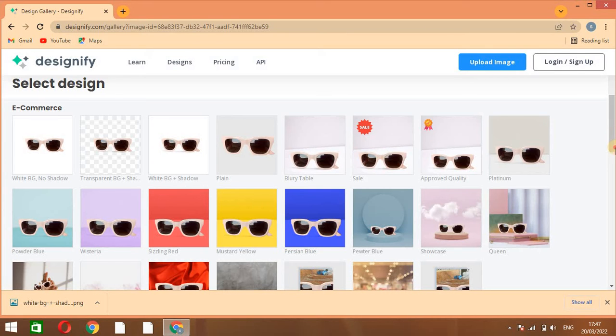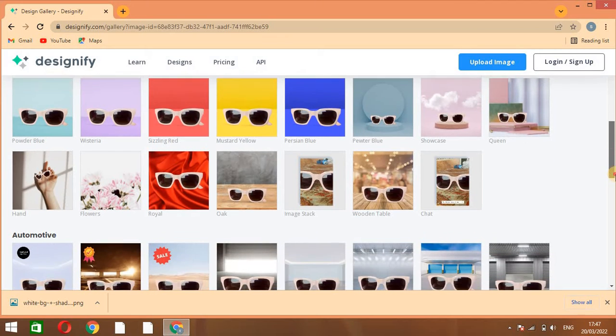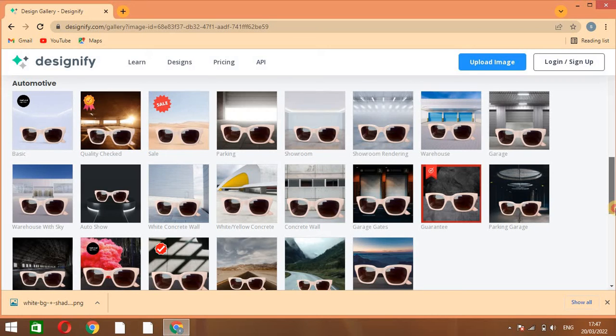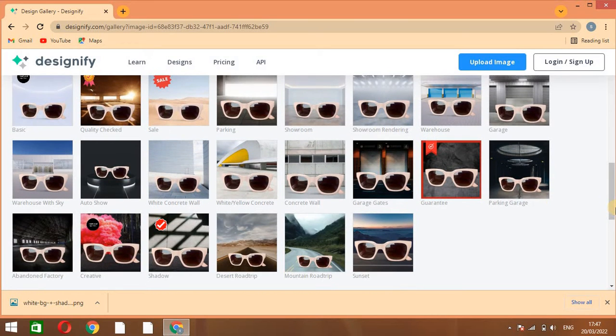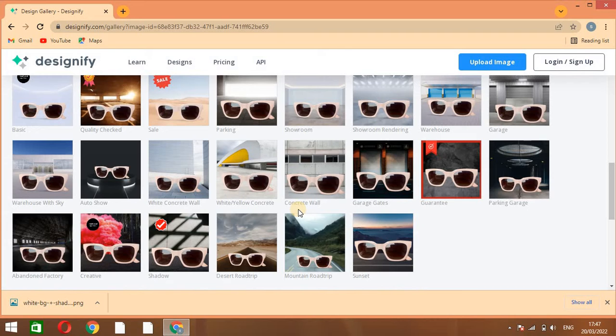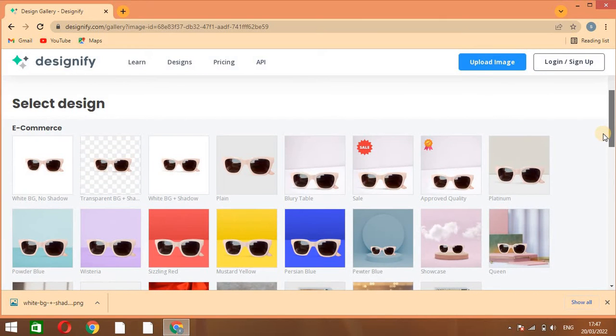So there are also colored backgrounds and other backgrounds of different colors and different areas. For example, if you want to change the background of any car, you can choose this one, and for many other images you can choose according to your own choice. And here I will show you how you can download this image. Here I will select it,